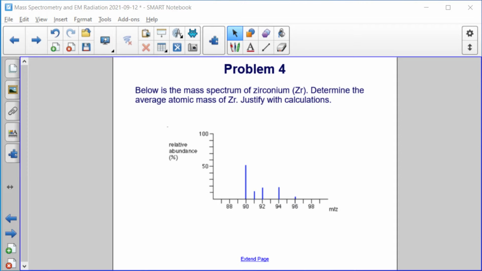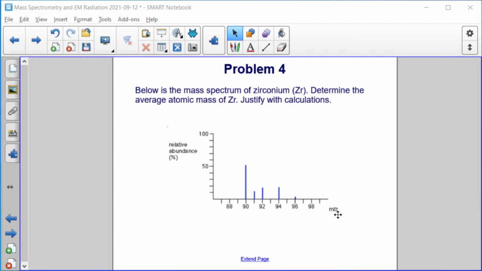Okay, in the previous problem, in problem 3, we talked about the differences in mass spectrums. Some are given as relative abundance versus mass, and some are given as signal intensity versus mass. Now we're going to do a couple of practice problems that look at the two different ways we can interpret the data. In this first one, we see a mass spectrum for zirconium, and it's given as relative